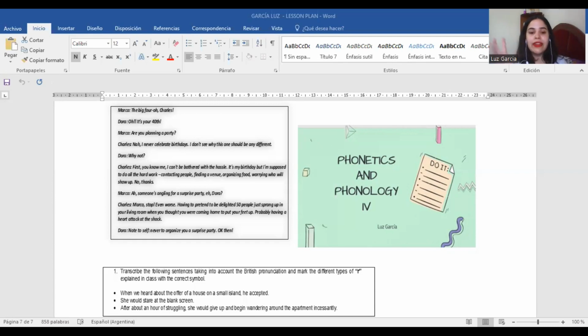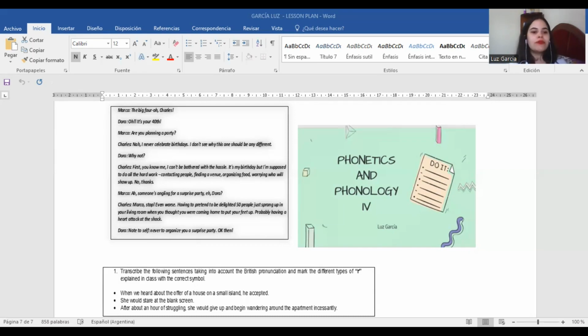But taking into account the second activity, yes, that in this case is to transcribe, I can say my students to mark aspirations, yes, and other allophones. When we talk about aspirations, I can say my students that the voiceless plosives, in this case, the voiceless bilabial plosive, the voiceless alveolar plosive, and the voiceless velar plosive precede vowel sounds in a stressed syllable. We use aspiration. So, in this transcript about